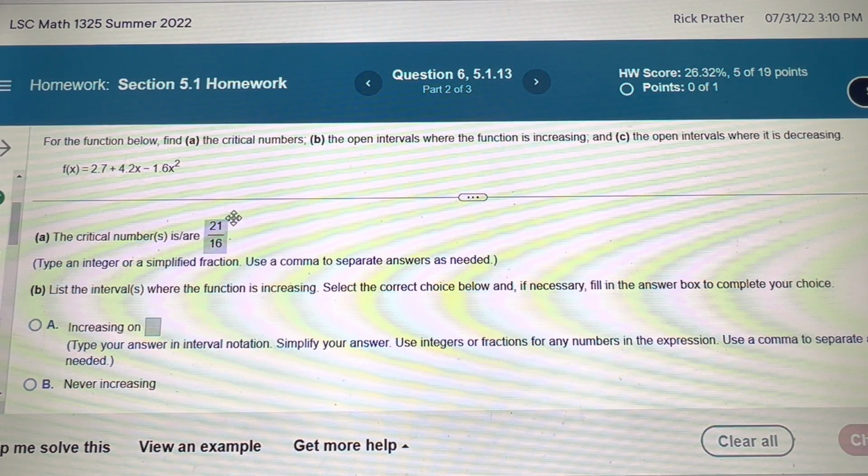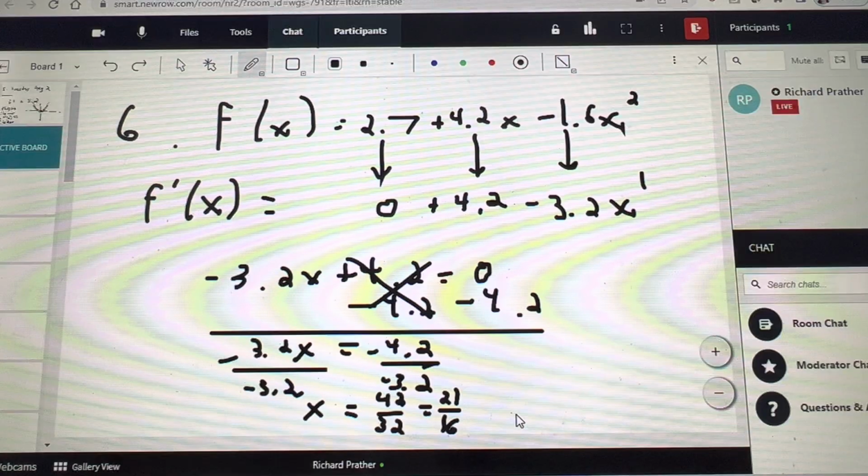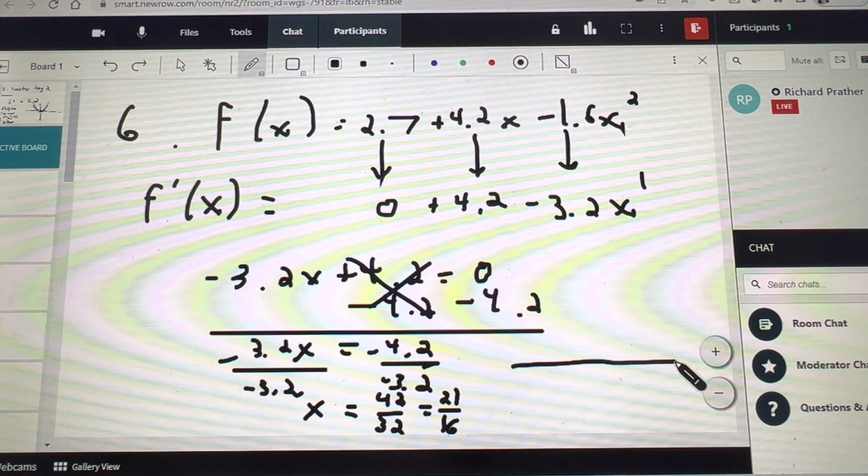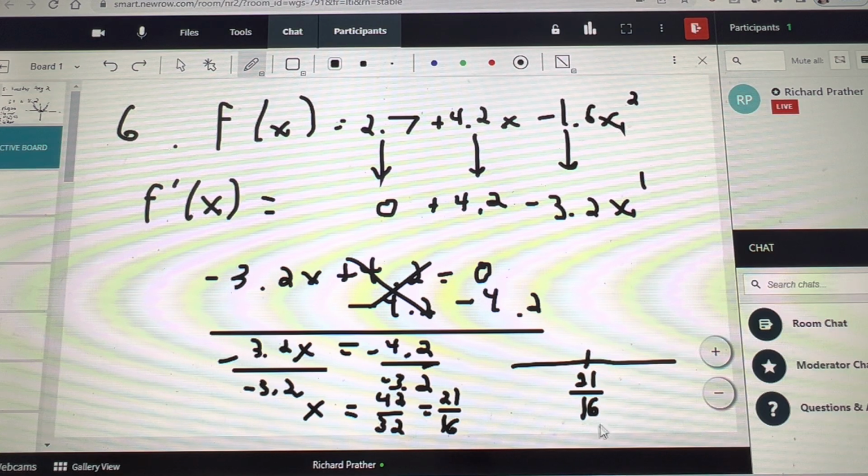Okay, so the good thing about a critical number is it gives you the list of only possible chances to change from increasing to decreasing or the other way around. And if there's only one critical number, then this can only happen once. And if you know, like I said before, how a parabola looks, that makes sense that it only changes directions once. So you put any and all critical numbers on a number line,